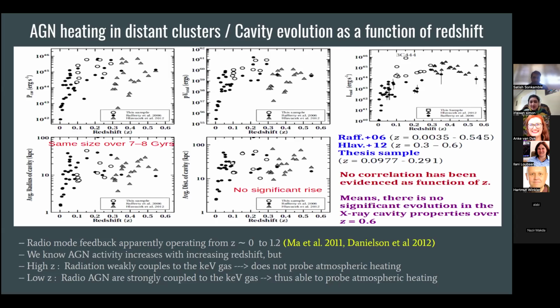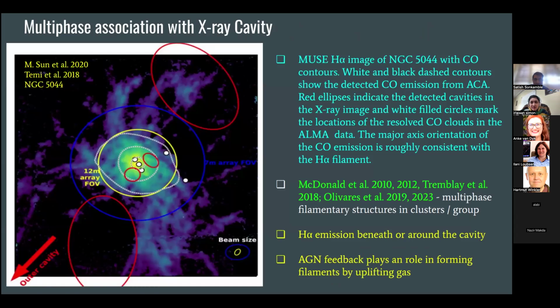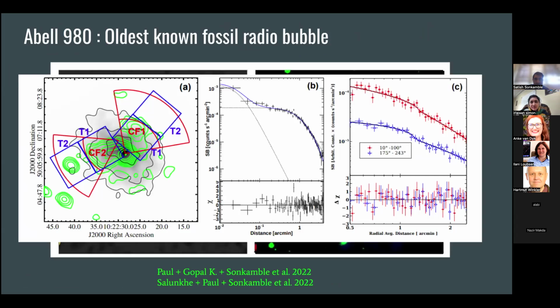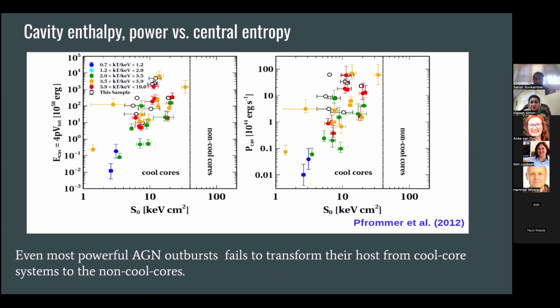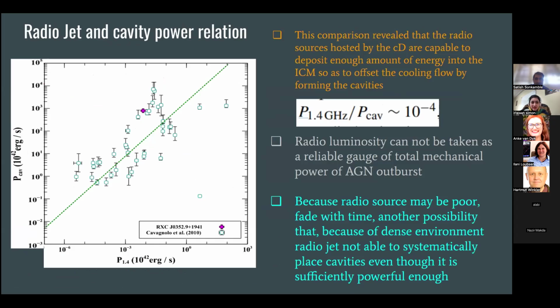I just wanted to ask, I think in one of your slides you mentioned that the radio luminosity is not reliable to determine the mechanical power of the jet. Can you just explain a bit more about that? This one, right? Yeah, I think so. Yeah, this one. Actually,